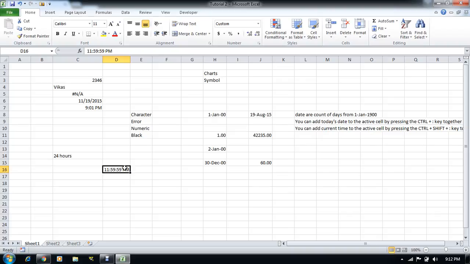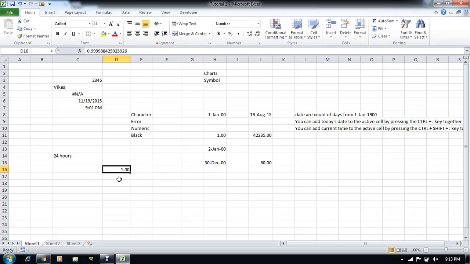This is the last time of any day, and if we change this value to a numeric value, you can see that this value will be converted to 1, because when we add the maximum, or we can say the last hour, minute and second of the day, Excel considers that as a 1. Or you can consider it like this as well, one day is considered as a 1 in Excel.